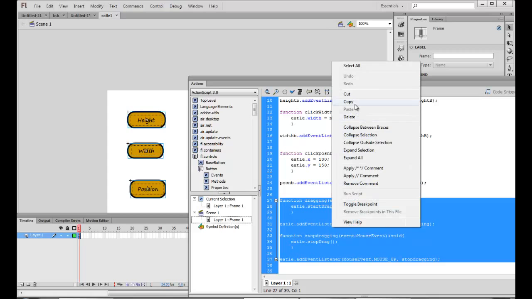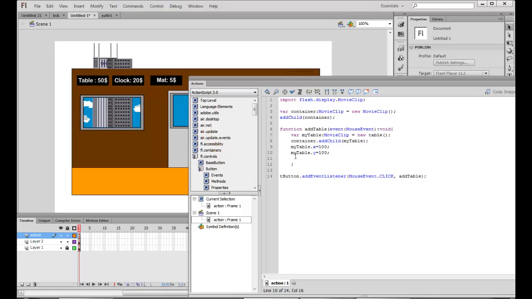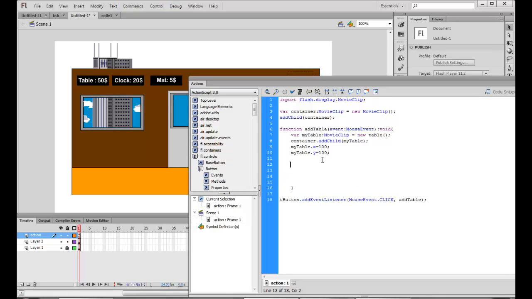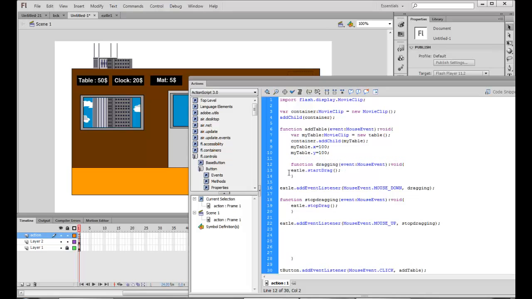So we just want to add this to my table. So I make a function dragging, and who's going to be dragged? My table is going to be dragged.